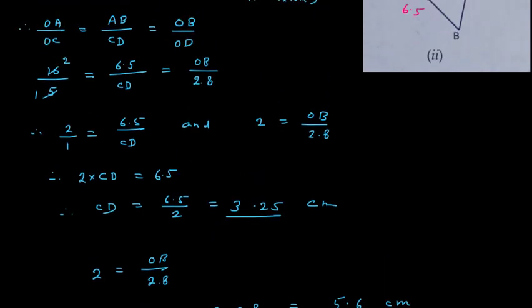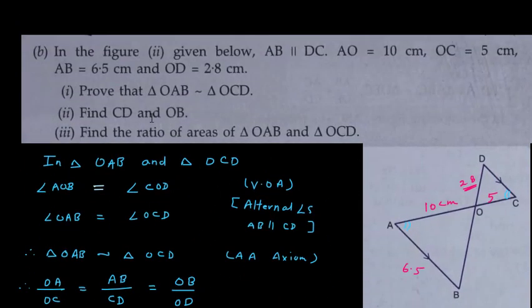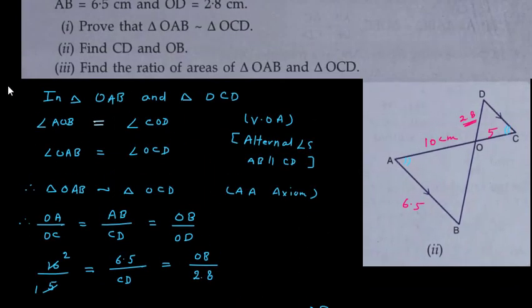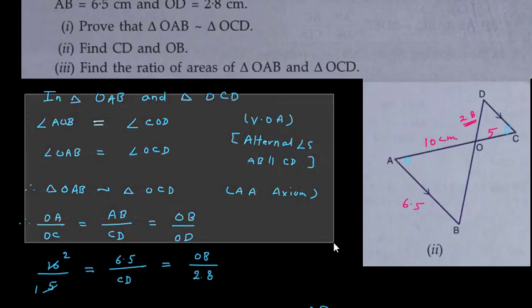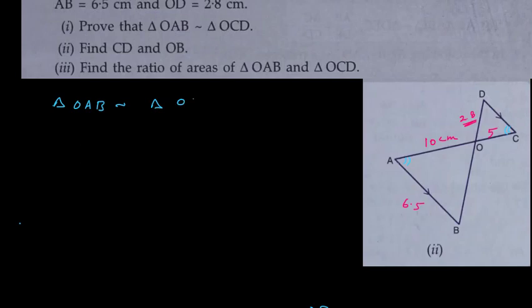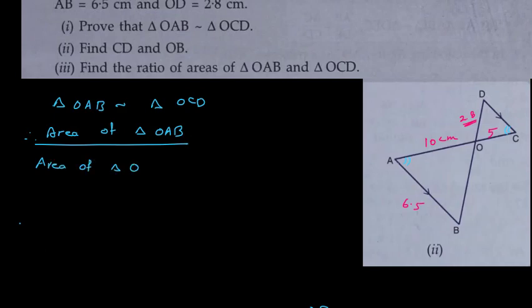Next, we have found these lengths. Now we have to find the ratio of the areas of these two triangles. I will remove this part. Already, as the triangles are similar, triangle OAB is similar to triangle OCD, therefore the area of triangle OAB divided by the area of triangle OCD